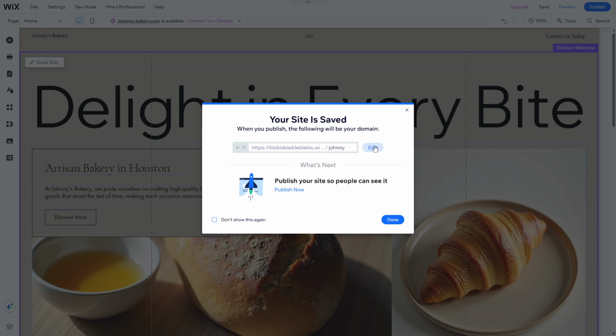Ready to refine your content further? The Edit button is your next stop. Clicking on Edit allows you to delve deeper into adjustments. Whether it's changing the font, altering the layout, or revising the text, this is where you get to polish and perfect your material. It's all about making your site not just functional, but also aesthetically appealing and true to your